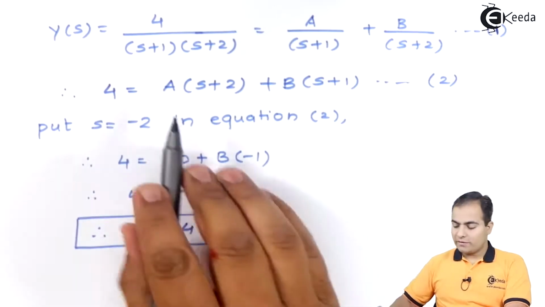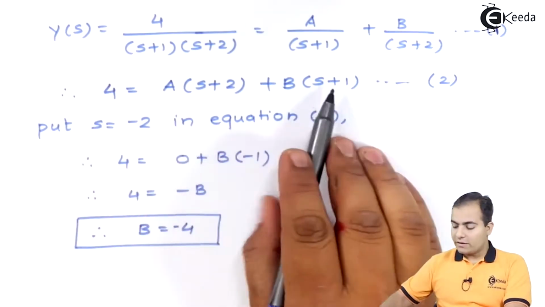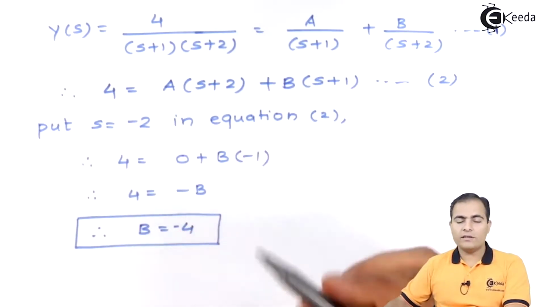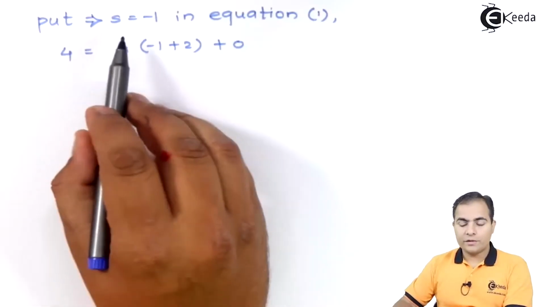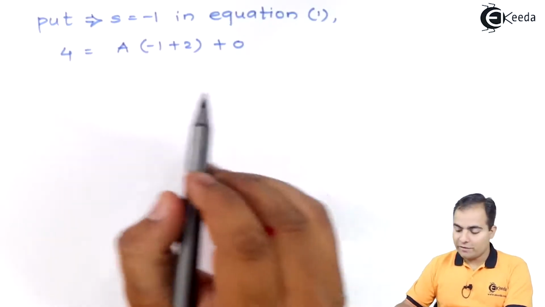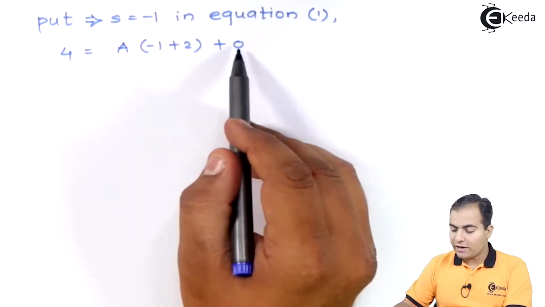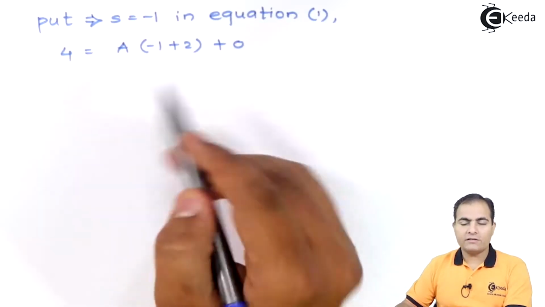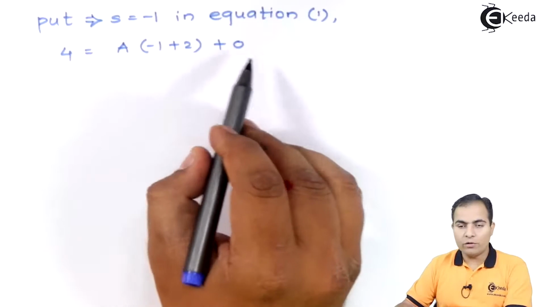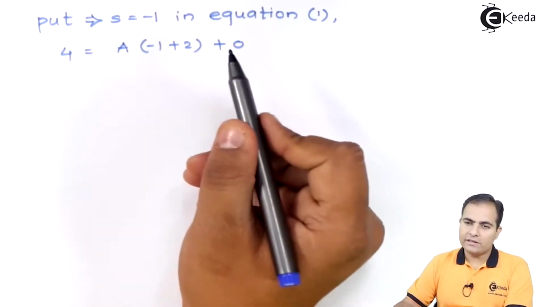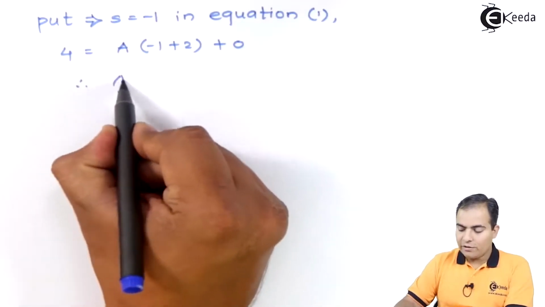Now we will calculate the value of A. How will you calculate? Just substitute s equals minus 1 such that this B value will get vanished. So I have substituted s equals minus 1 in equation number 1. Now what have you got? This s is replaced by minus 1, whereas the B term got cancelled, or you can say vanished, because the whole s bracket gives us value 0. Now 2 minus 1, the answer is 1. So my A value is